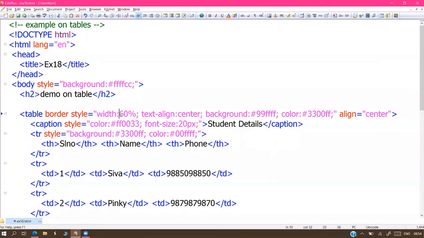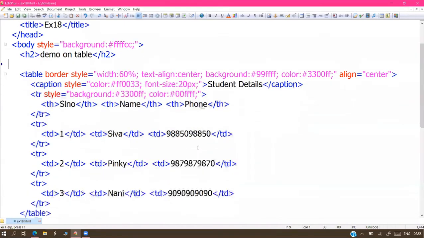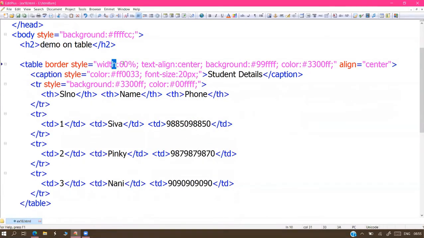If you give any pixels, however much width the browser has available, it is going to display the given measurement only, irrespective of browser width. The percentage size always exists relative to the browser width. So based on your requirement, you can go for any of those. There is no problem. When we change this width and so on, we never get any problem with the data.